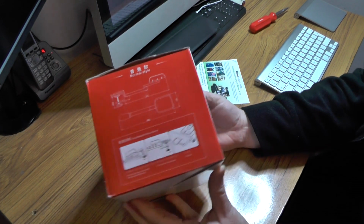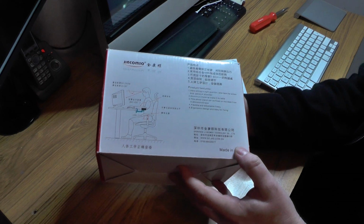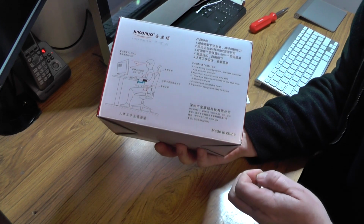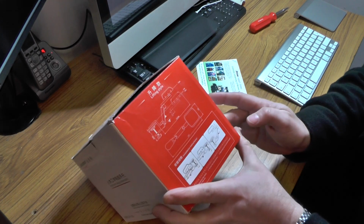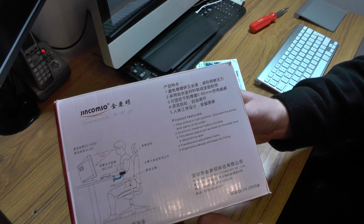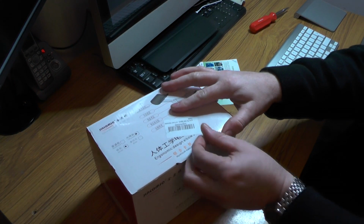And it's effectively a wrist support which I'm hoping will fit the bench that I use for all of my stuff. It's a funny design, this bench, in as much as there's a metal bar that runs underneath it, so it may or may not fit. So hopefully when I open this up it will fit. But as you can see, it gives you all the technical bumf on the box. And there's a little bit there where it tells you how to screw it in, but let's have a little look and see